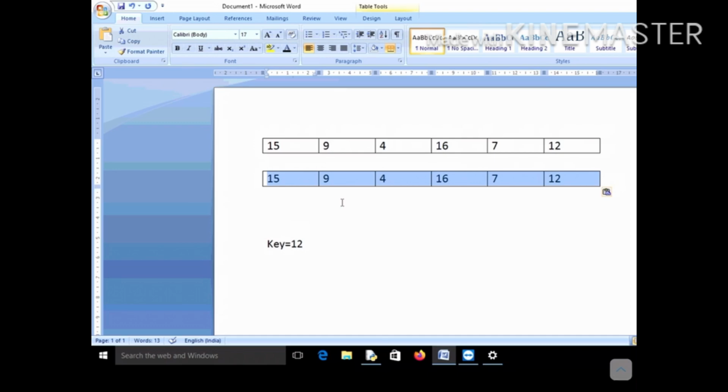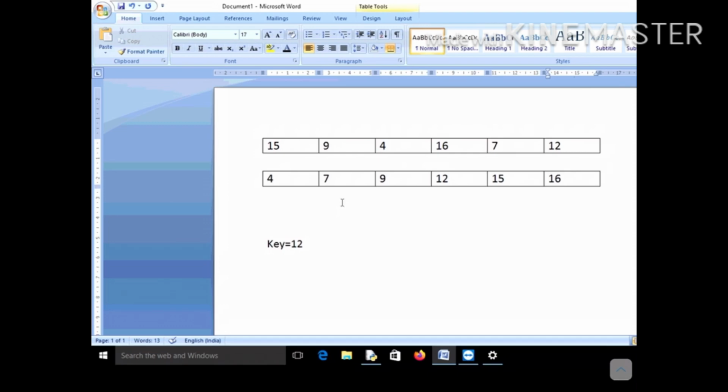For the time being, I am assuming that I am sorting it in ascending order, and whatever algorithm we discuss will be with respect to the list sorted in ascending order. So here is your 4, then 7, then 9, then 12, then 15, and finally 16. So this is your sorted list.